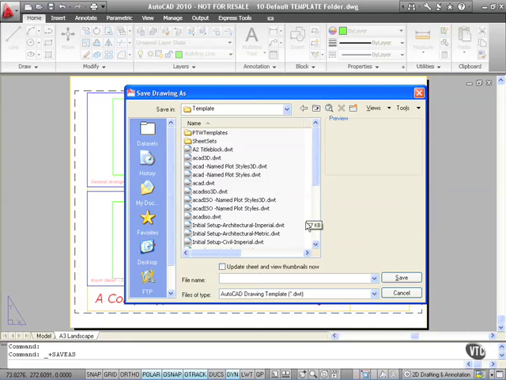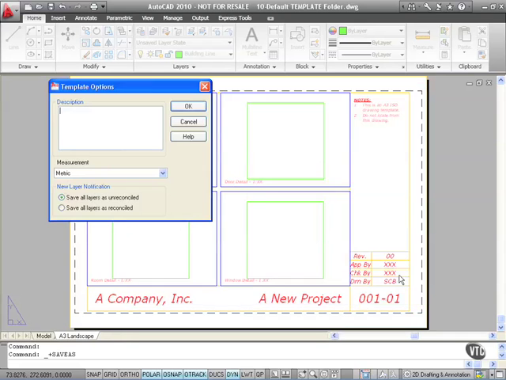So, the file name is going to be A3, and it's an ISO drawing. It's an A3 ISO, a metric drawing, and it's going to be drawing template, like so. So it's going to be an A3 ISO drawing template .dwt file, and that's going to be saved in the template folder. So I click on Save now, and what you'll notice now is it asks me for a template